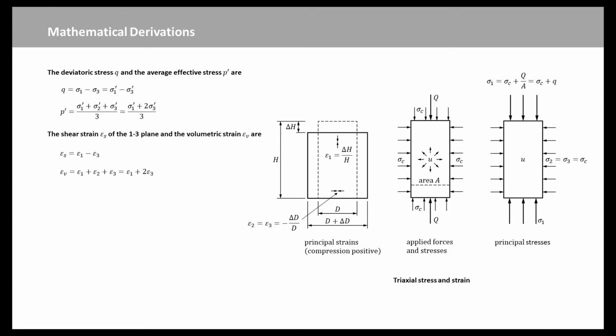Associated with deviatoric stress component q is the shear strain epsilon s of the 1 to 3 plane, while the strain associated with the spherical stress component p dash is the volumetric strain epsilon v. The first step is to establish the work done by the stresses at the boundary of an element which can strain. Consider an elementary cube of soil of unit side which is aligned along the principal axes